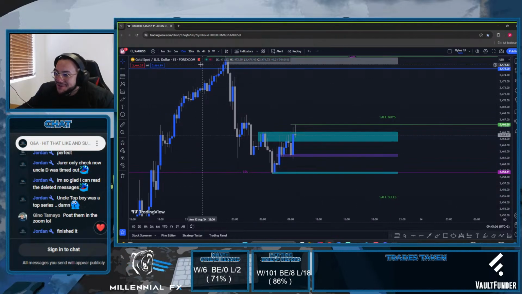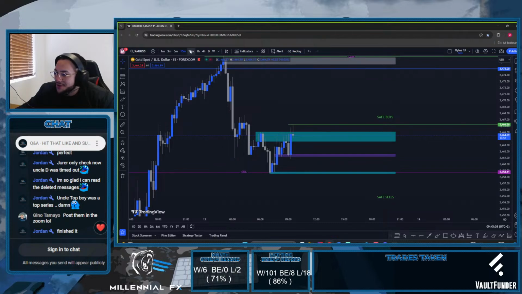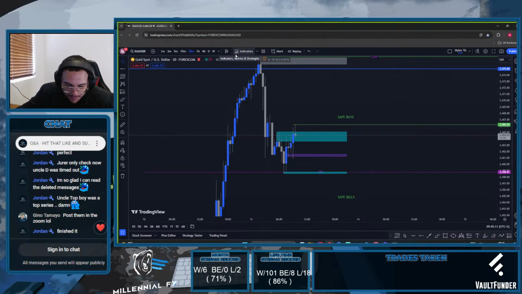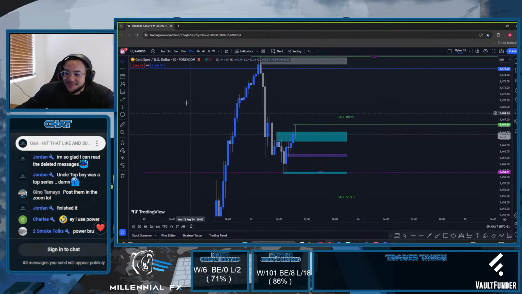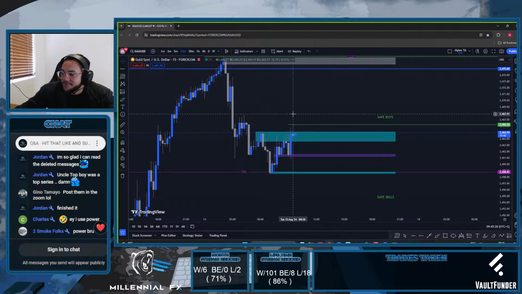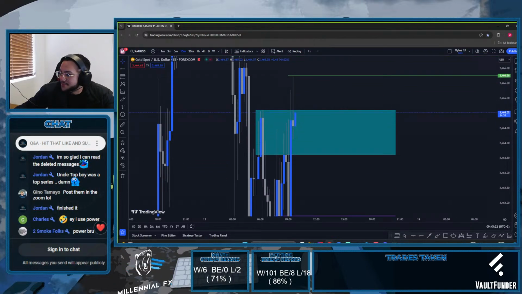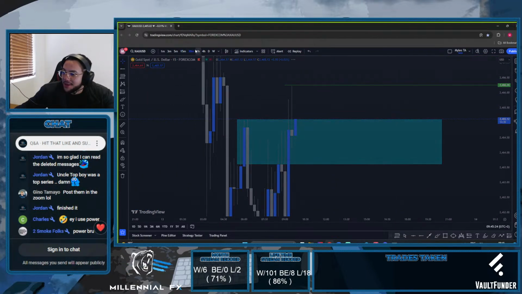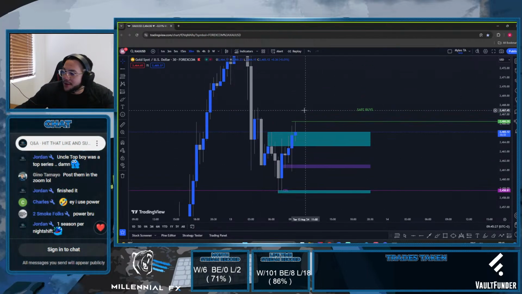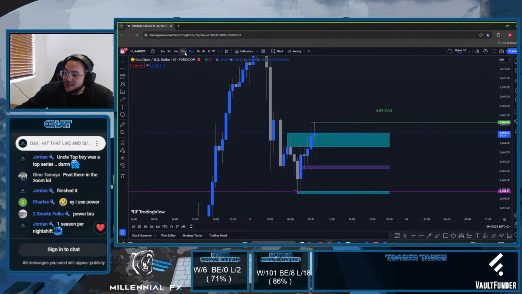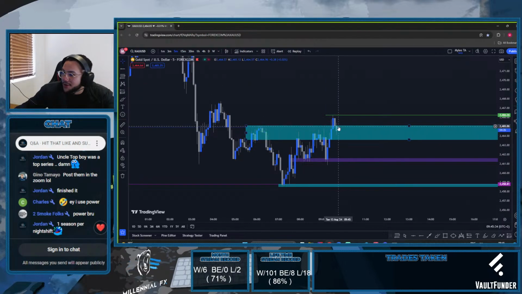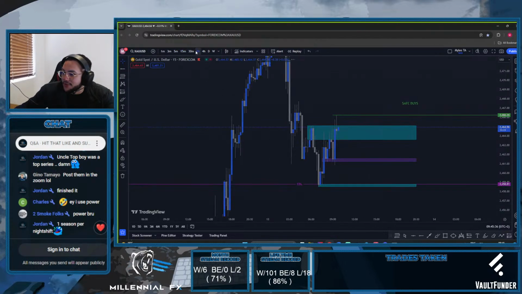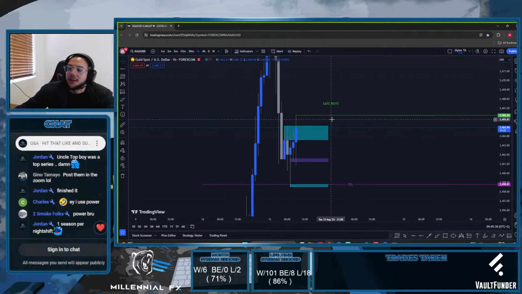Okay, guys, no closure above the level, which means we're waiting for another 15, a 30, and hourly. I like that though. Yeah, I like the hourly close. The idea of the hourly closing above the area just is nice, because that gives you that 5-minute break, that 5-minute retest, the grab of liquidity, and then the 15 and the 30 closing above the level, which will then obviously be the hourly as well.